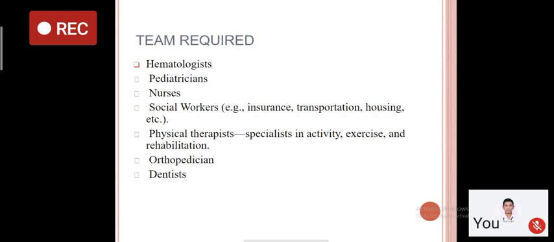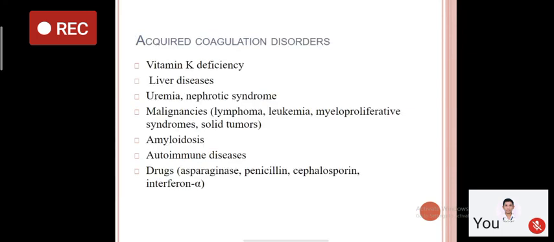So this is all what we have discussed. Then once we have dealt with the inherited form of coagulation disorder, there are certain conditions in which there is an acquired deficiency of these factor concentrates, or the conditions in which either the synthesis or the functioning of these factors